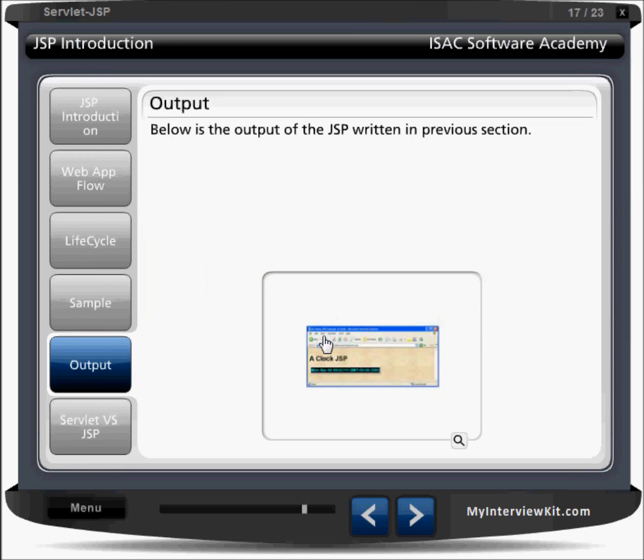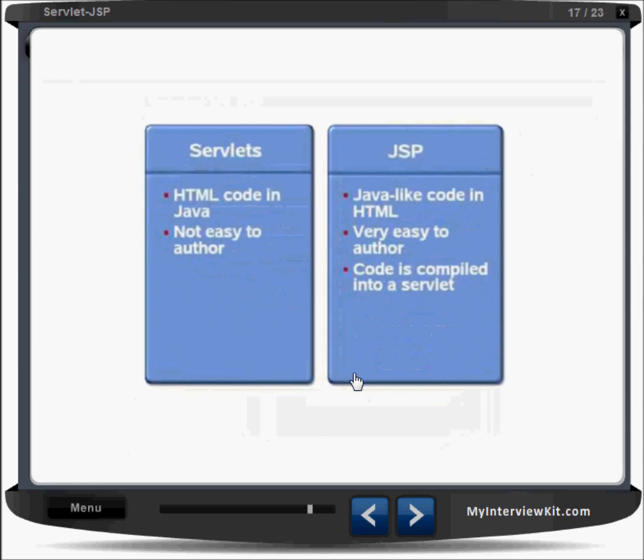Now, servlet versus JSP. What is the difference? We already have servlets, so what is the need of JSP? As I said, it just segregates the work profiles, web designer and web developer. In a servlet, if you remember, we write HTML code inside Java code. Here it is just the reverse: we write Java code inside HTML code. Servlets are not easy to author. Not just any person can write a servlet easily. They should have a good knowledge of Java, good knowledge of understanding